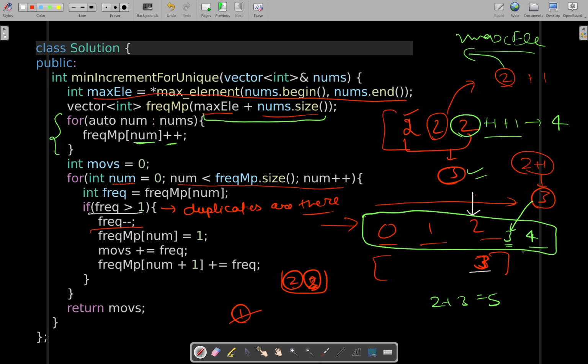While taking them further down the number line, we will be moving some steps. Those steps will be nothing but, for the first two we will be moving only one step, and for the second two we will be moving two steps. So if we add the frequency to the number of moves, this is basically the number of duplicates,